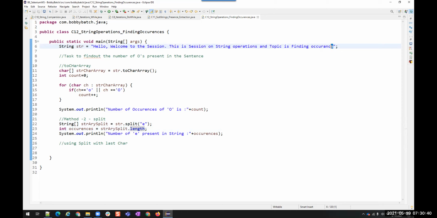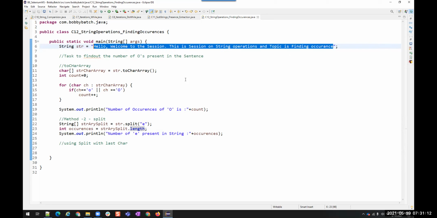When you are splitting, if the character you are using to split is the last character, then it is going to create a problem for us, because after this, do we have anything to split? Or after this, do we have anything to store in a new memory allocation? No, right? So you are getting my point.